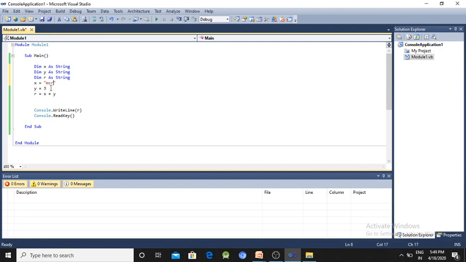Because it is a string data type, you have to declare string values.